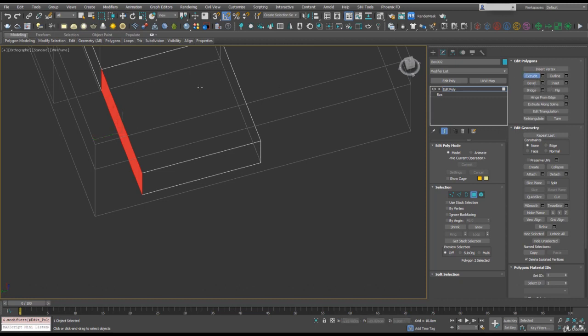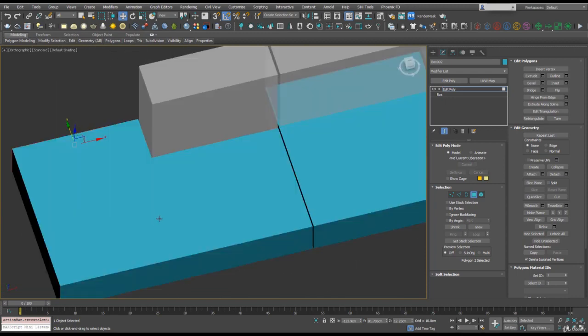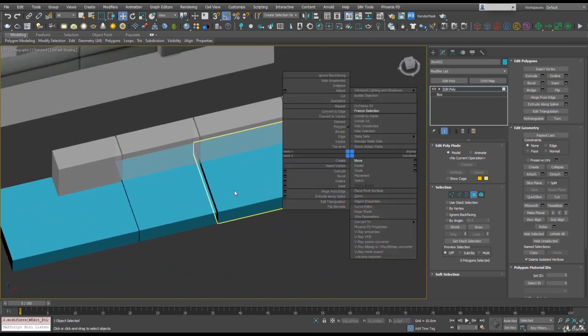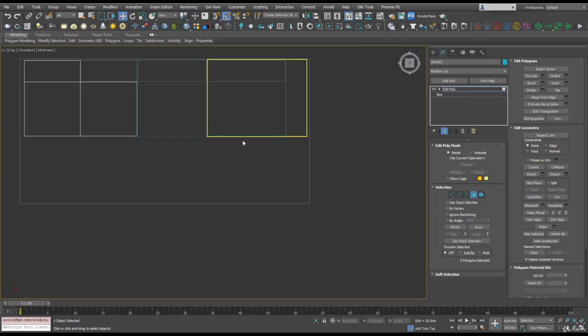You can do an interactive extrude by clicking the button and click and drag in, or you can do a dialog extrude and put in a measurement. I normally use this and then move it manually, but you can see now we've built around that armrest, and we'll do the same this side. We actually want our base to come out all the way to here,